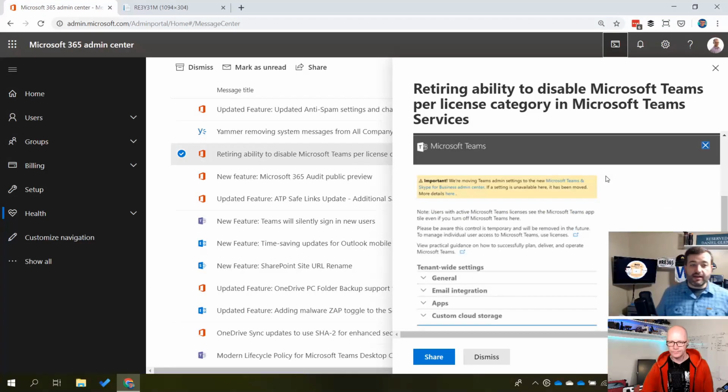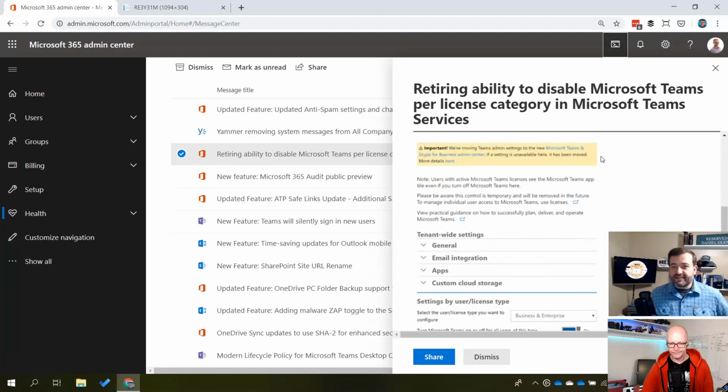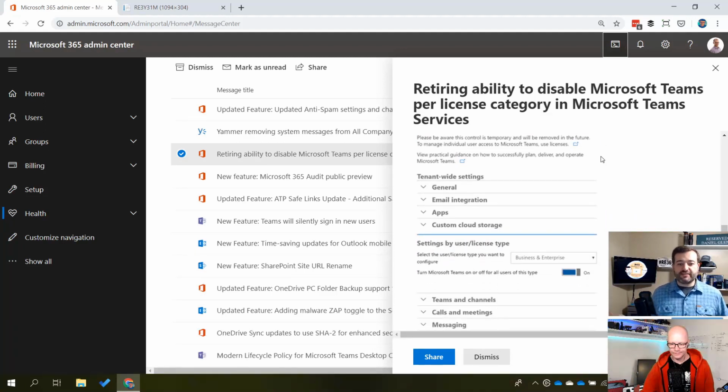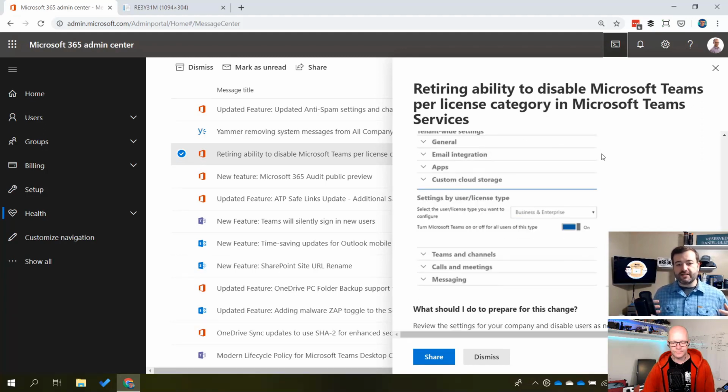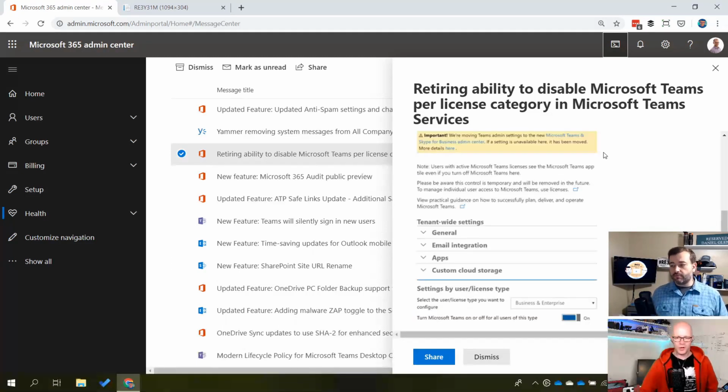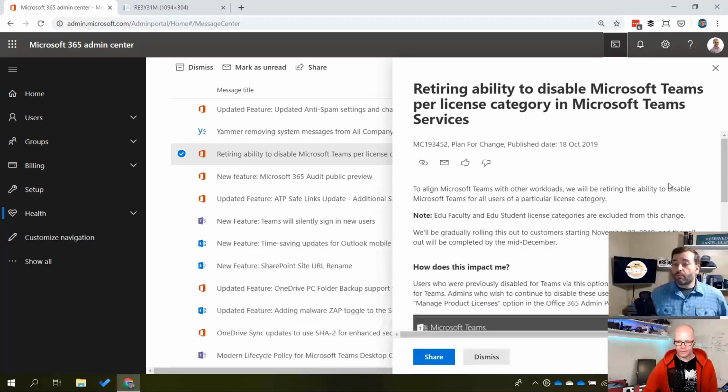Yeah, and I think there's obviously a reason or a use case for this, because this doesn't apply to education. Because that's a perfect example of when you want to turn off Teams. You don't want students to have Teams. So if you've licensed Office 365 for your whole school, then maybe you want to turn off Teams for all students because you don't want them sitting chatting while they're supposed to be listening to their teacher, right? But Teams is core, though, to one of the school and classroom scenarios, isn't it? Unless you've chosen a different product. Right. Or it may be. But again,